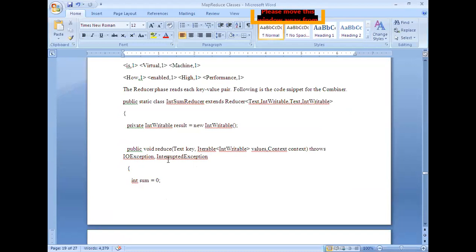Similarly, job.setMapperClass of the mapper class name as well as the reducer class name, and then you need to set the output key class as well as the output value class. Finally, you can run the run method.